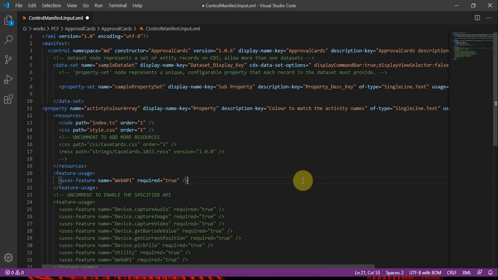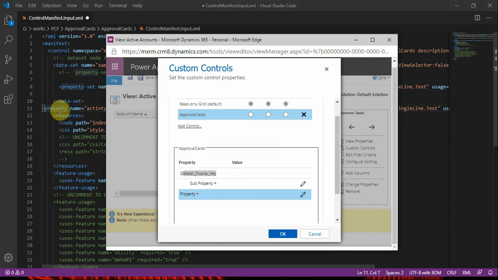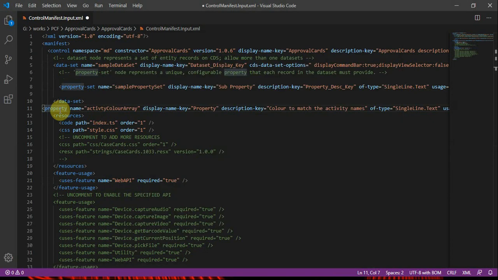There is a major difference between property set and property. So please understand the concept and try it out. You don't have to build a complete control. You can simply create a control, and there is no need to write any code